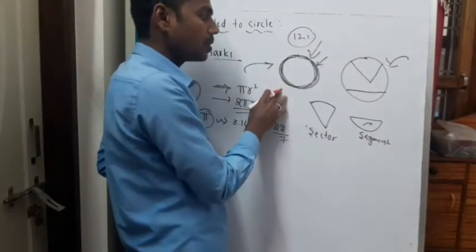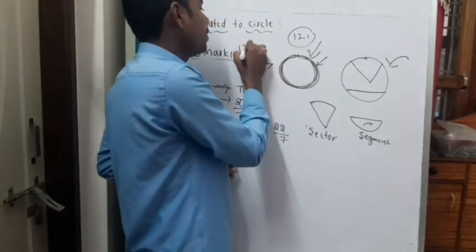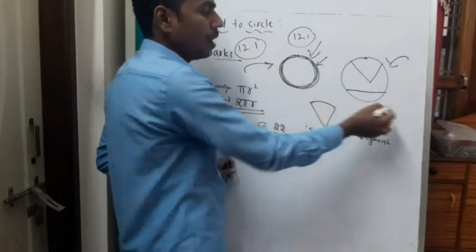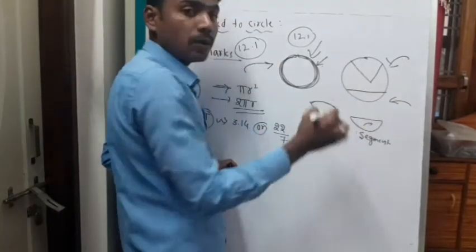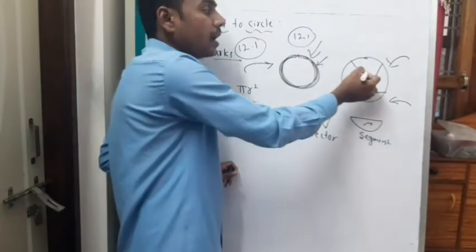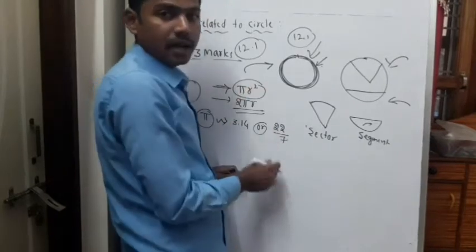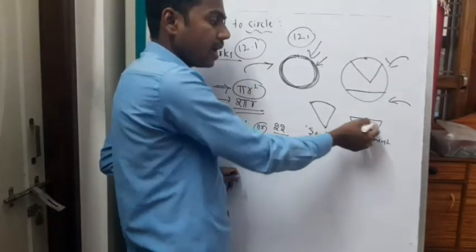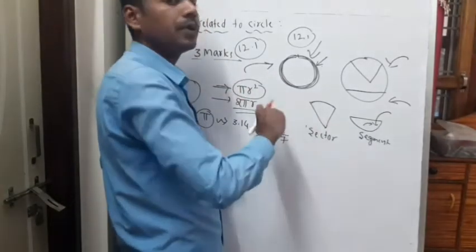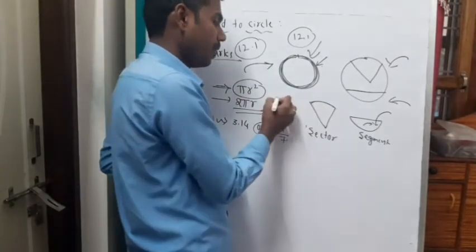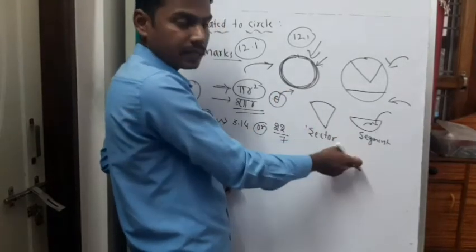Based on this, we are going to solve area of a circle and circumference of a circle, so we are going to solve exercise 12.1. In the introduction 12.2, I am going to explain how to obtain the formula to find the area of a sector using the area of a circle, and how to find the area of a segment again using the same formula. Based on the angle theta, we are going to define area of a sector and area of a segment.